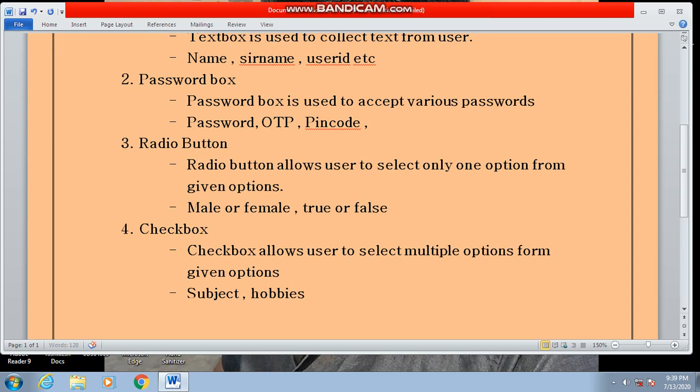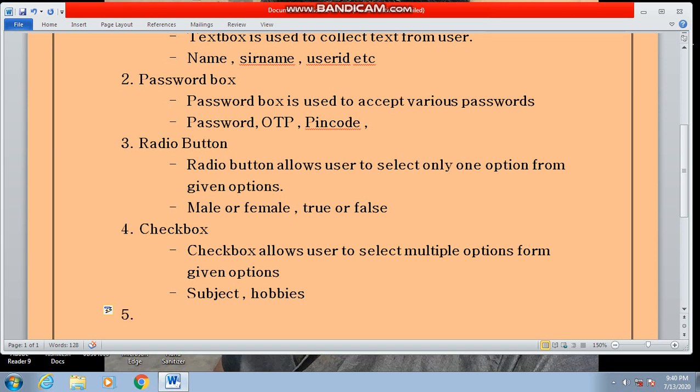Next, this is the most important input field, because without it our form is just a useless form. As we know, when we fill out any offline form, we have to submit it, otherwise it is a useless form.